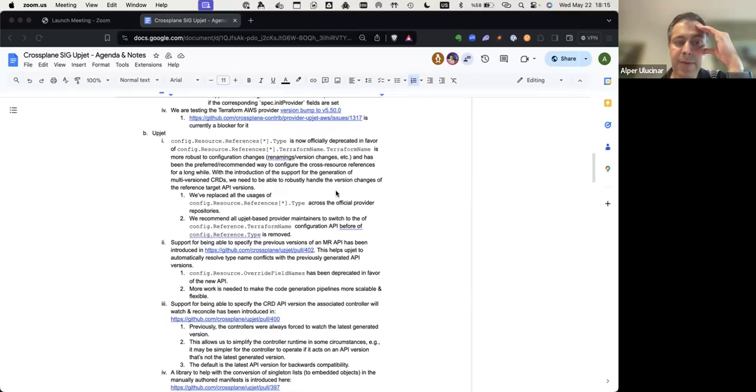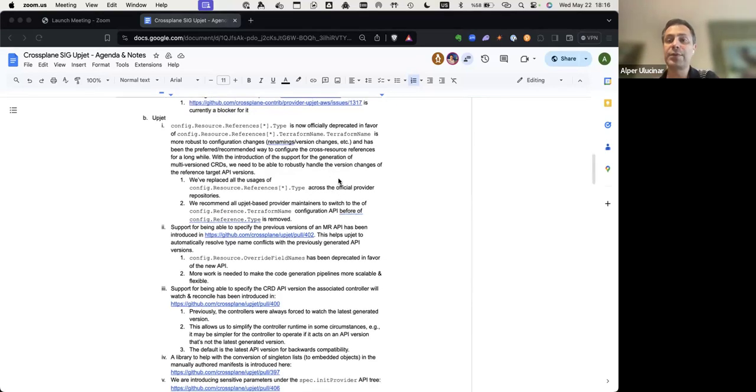So we have recently deprecated config reference type in favor of config reference Terraform name. We have been enforcing this for a long while in the PRs, but for some reason we had not deprecated it. But when we started supporting generating multi-version CRDs with Upjet, this became more important for us because the